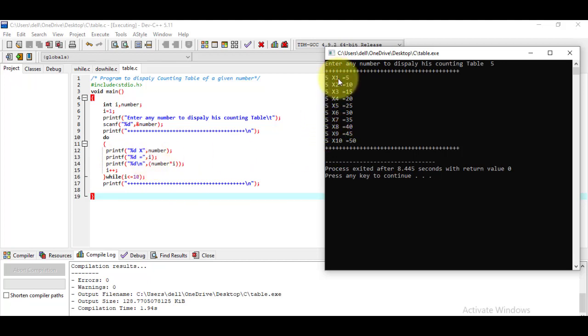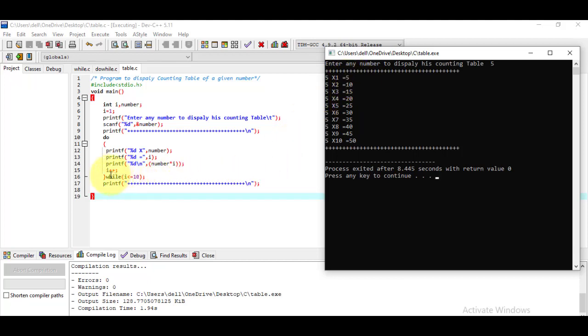Here you can see the value of i: 1 2 3 4 5 6 7 8 9. After that we have displayed the equal to symbol. Then, in the printf, we have displayed the multiplication of number along with i. Whatever the result of multiplying this number with the value of i, that will be displayed over here. In the first case the value of number is 5 and the value of i is equal to 1, so it shows 5 into 1 is equal to 5 as a result.